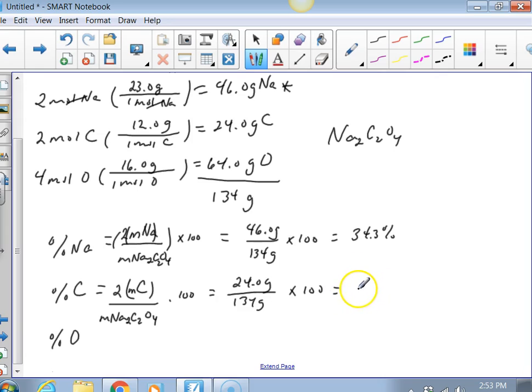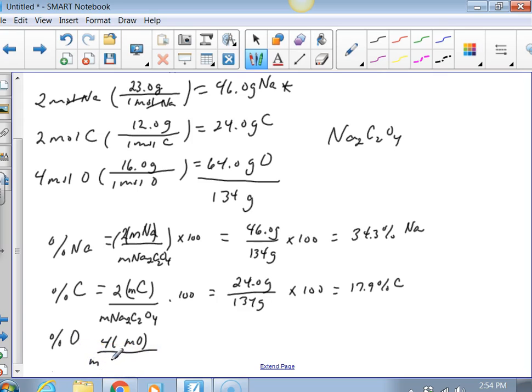This comes to 17.9% carbon, 34.3% sodium. And then for the percent of oxygen, we have 4 times the mass of oxygen